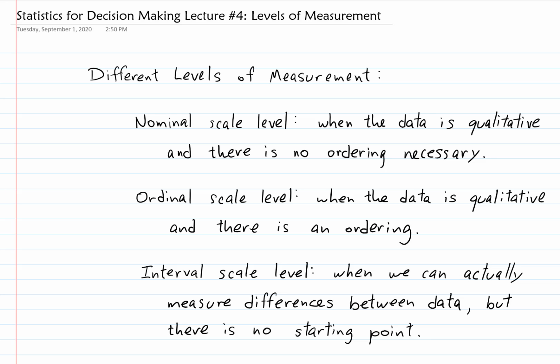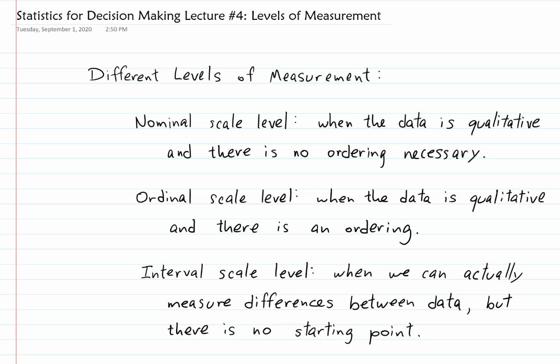There's no such thing as a smallest temperature. Uh-oh, I better deal with that. If you've taken science classes, you may have heard that there is this concept called absolute zero. Okay? But the thing is, that is a theoretical concept that's never actually been achieved. So for right now, let's take that idea off the table. Okay, there is such a thing as a zero temperature, but you can still go lower, right? There's -1 degrees, -2 degrees. Okay, you see what I'm saying? That's what I mean by no starting point.